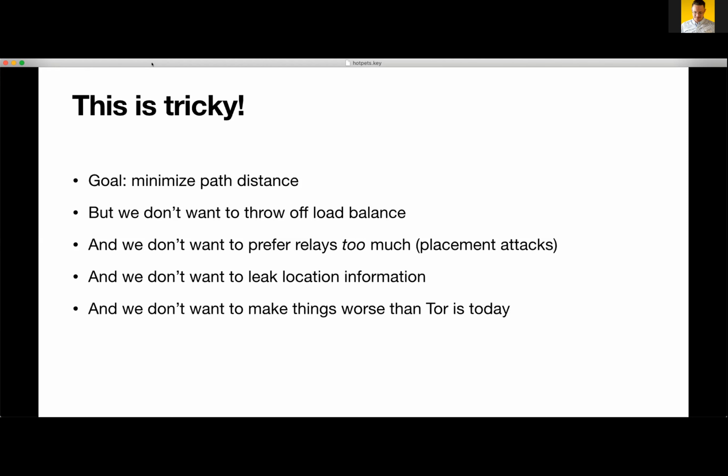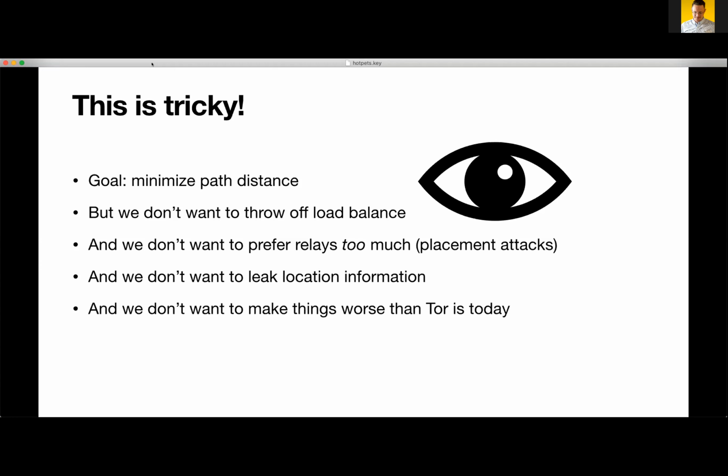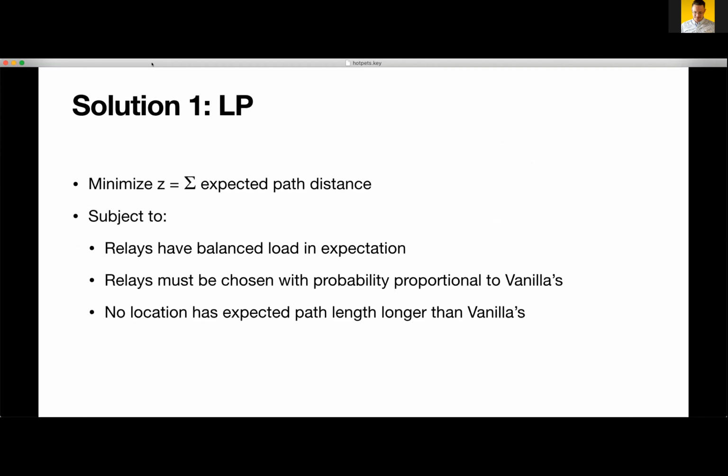And another goal you might want to have is that we don't want to make things worse for some people than Tor is today. So for example, we don't want to make paths shorter in France but longer in the US, because that could damage those users, and those users who are in the damaged region might really need the protections that Tor provides. So there's a lot to balance here. But if you squint at this problem a little bit, it kind of begins to look like a constrained optimization problem,